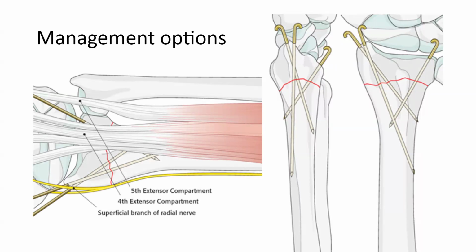There are a few things that are at risk, particularly the superficial branch of the radial nerve, which is perfectly placed to be injured by the K-wires that you put in from the radial styloid. And then there's another wire that comes in from the lunate fossa, from the dorsal side. That is the one that you can see running perpendicular to that, and that has a good habit of catching the extensors. And I will tell you,